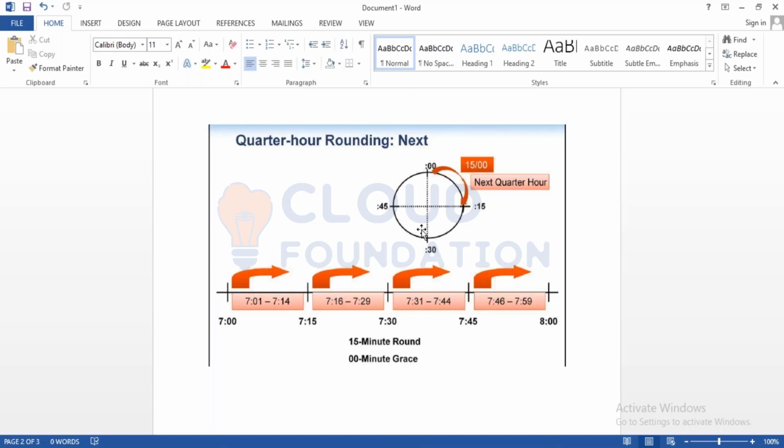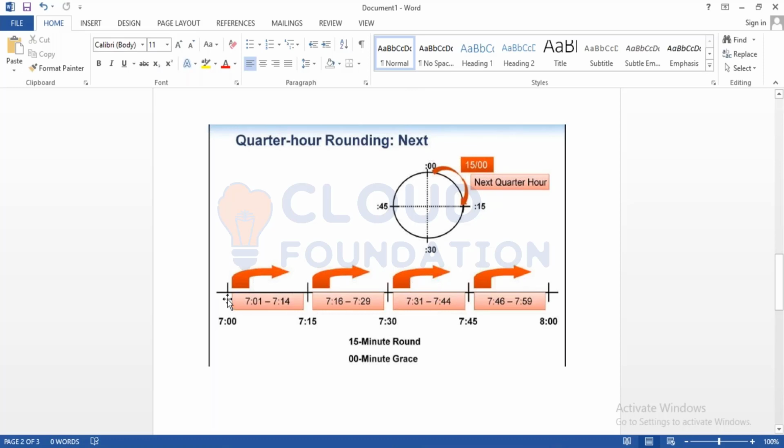This is the next. So I'm using the type called next. What is going to happen? I'm going to punch anywhere between 7:1 to 7:14. So before that, what is the grace and what is the round here? What is the round? 15 is the round. Grace is 0. Yeah, perfect. So my first segment is going to be 7:1 to 7:15 because my round has divided my hour